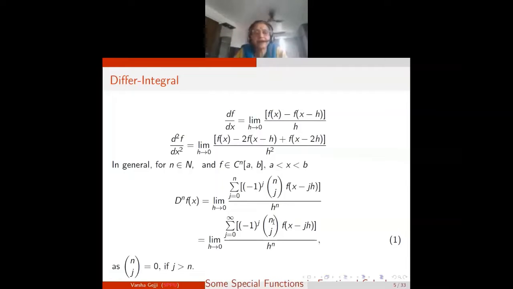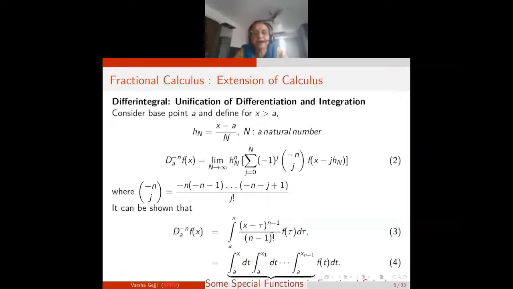So when n goes to minus n, this is the way you modify your n choose j symbol, and this is the way you define minus n choose j: minus n, minus n minus 1, up to minus n minus j plus 1, over j factorial, where j is a natural number. And then substitute. This is a genius who generalizes this,